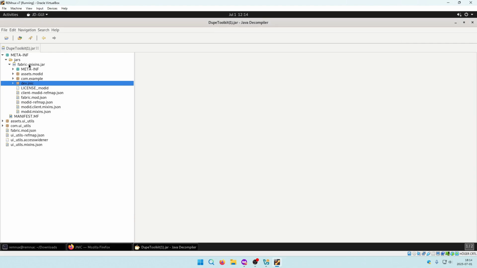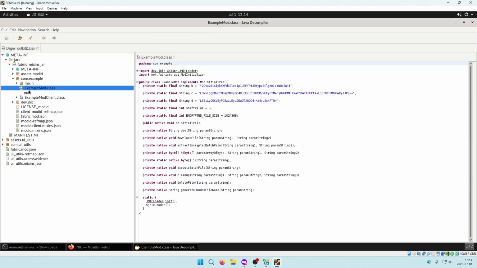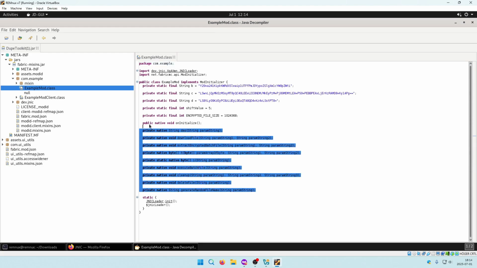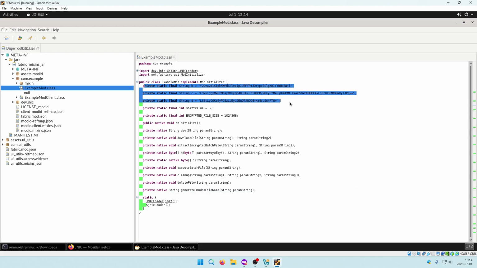So if we take a look here, the first thing that you will see in example mod under jars and fabric mixins is this really suspicious file. Now obviously the function body of these functions is hidden, but just the name of these files is slightly concerning. And also if you take a look right here, you have 3 different strings, and now usually